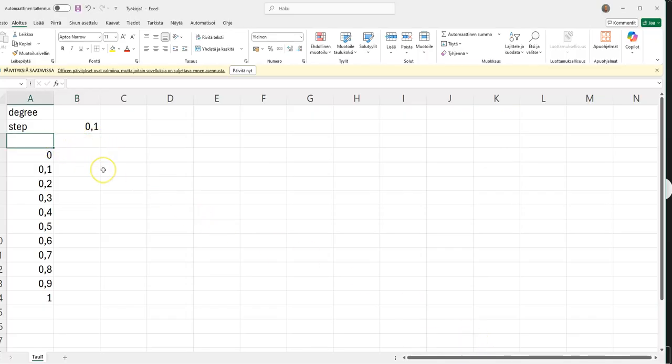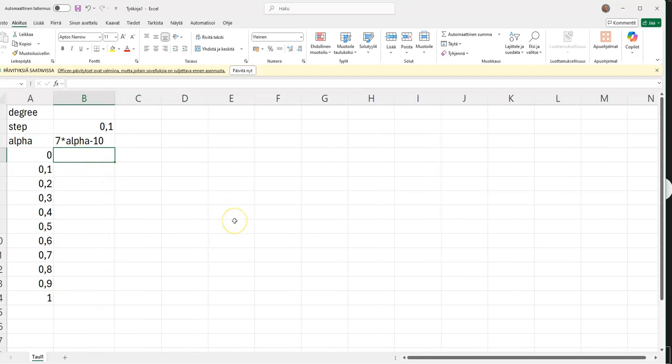This here is alpha, and here I will calculate 7 times alpha. Was it plus or minus? Minus 10. So 7 times alpha minus 10 will be